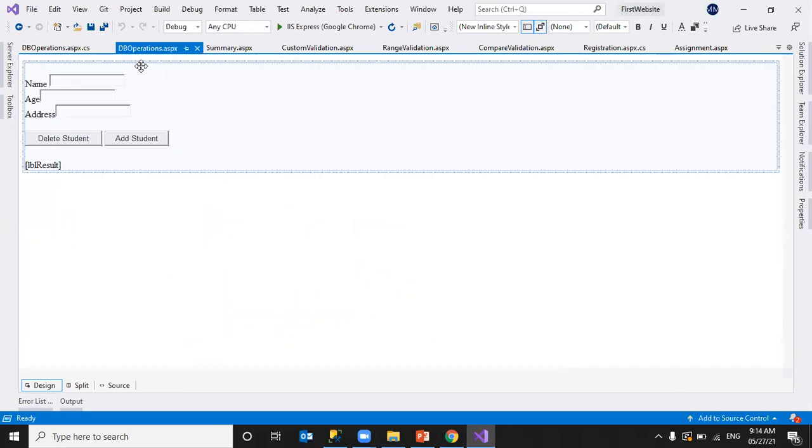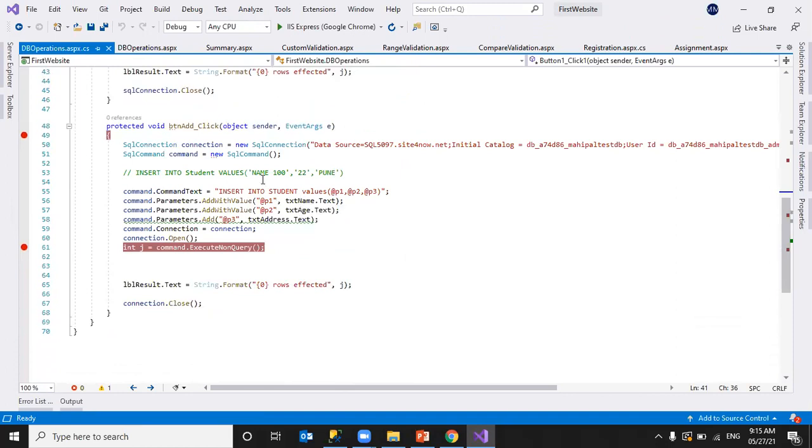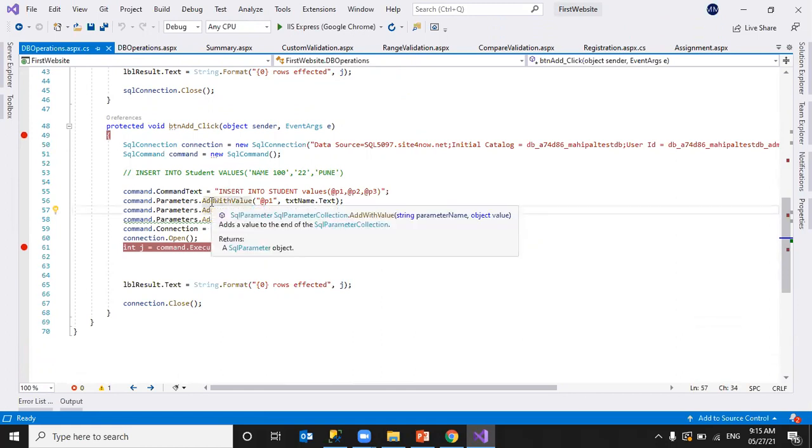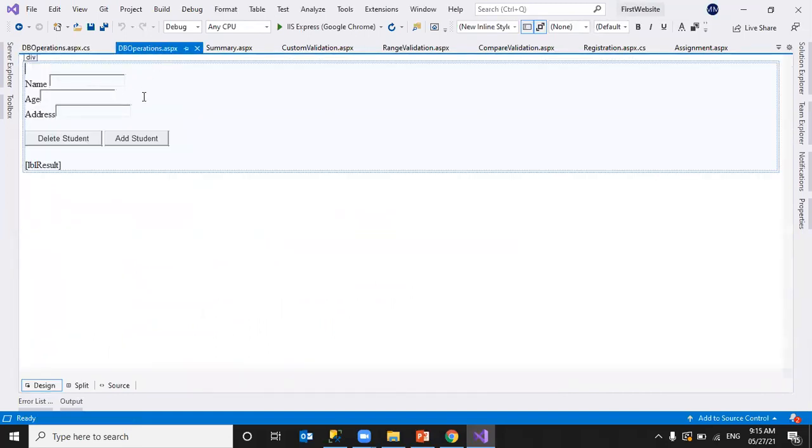While passing values, we saw text appending as well as passing parameters with the command objects. We saw both examples: appending the string with whatever values we entered, and using parameters. So this is what we covered yesterday: creating, selecting, and deleting. Today we are going to cover the update scenario.